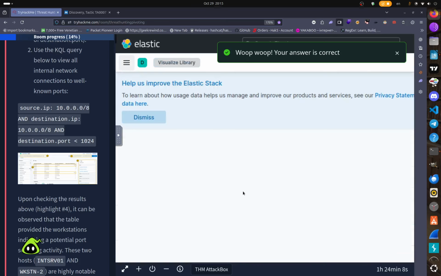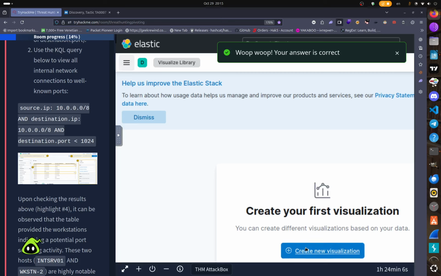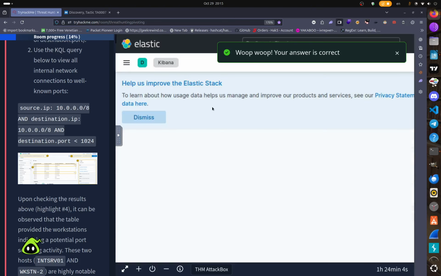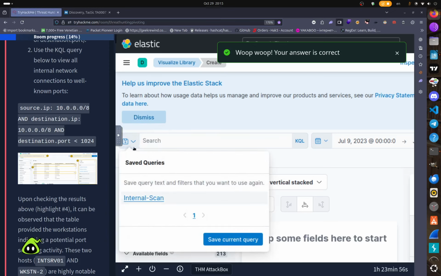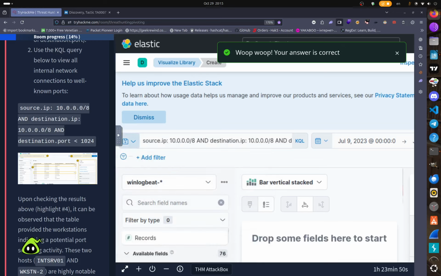In visualize, we create a new visualization, select lens, and from the drop down here we select a saved query, internal scan. This loads up the query I have typed earlier, and then I can refresh, convert to table,